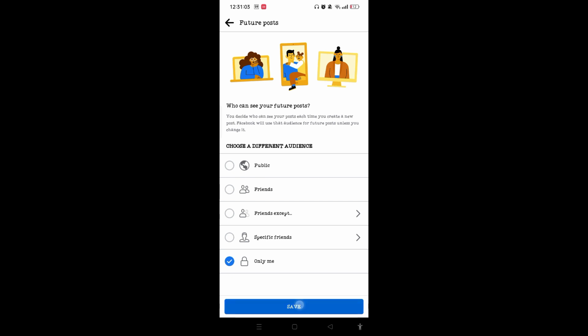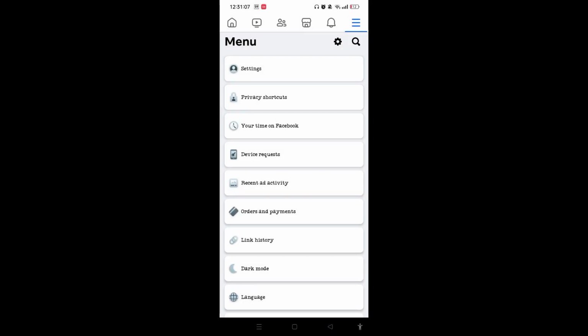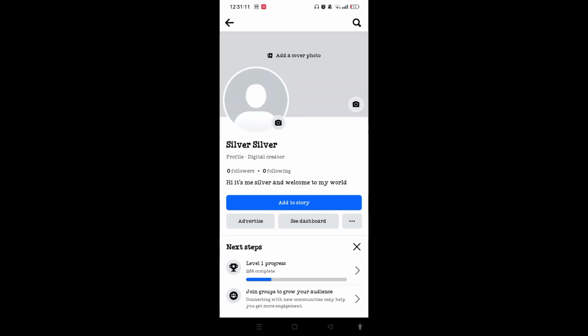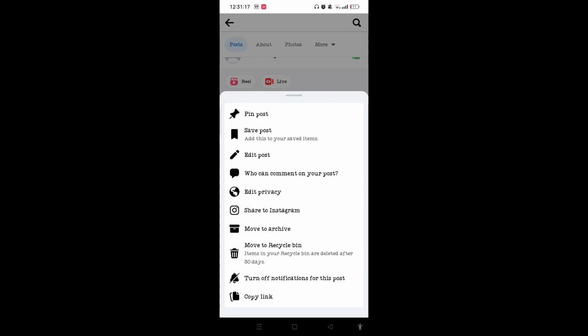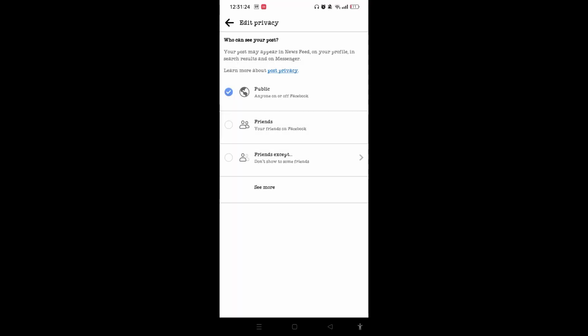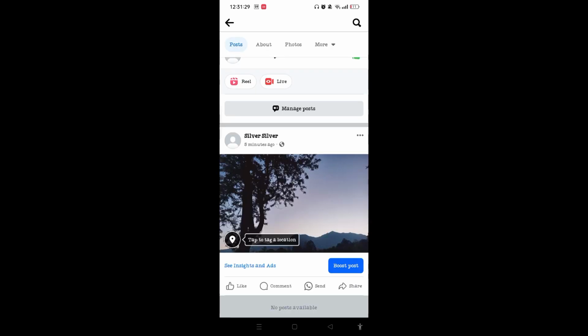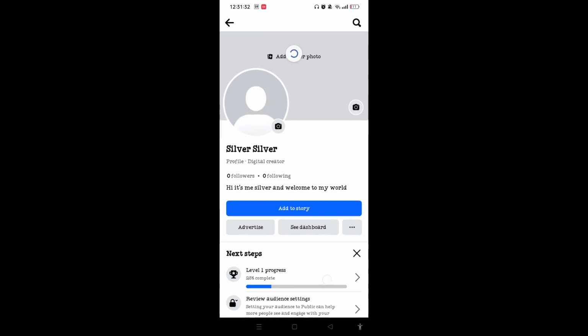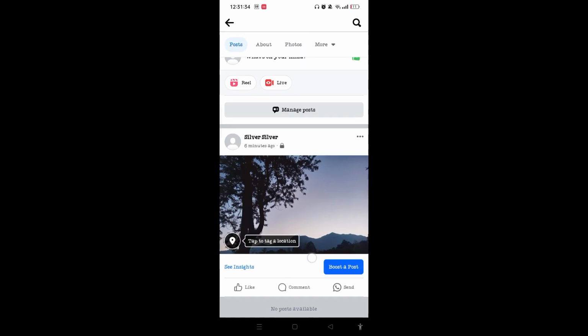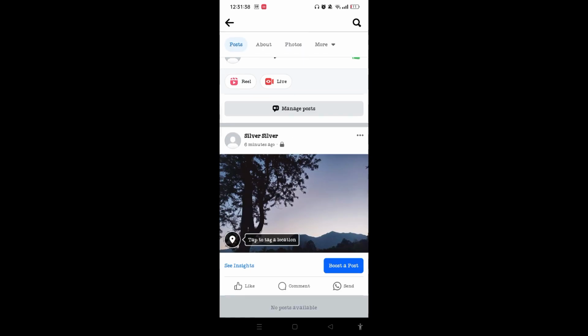Now tap on save, go back to your profile, tap on see your profile, and when you scroll down tap on it and now you can tap on edit privacy, tap on see more again and tap on only me. Come back and here you can see that once you refresh this post will be hidden from the friends on